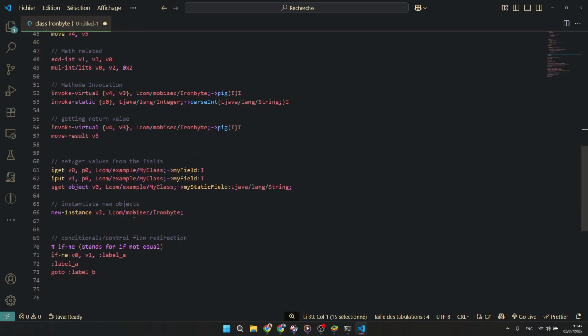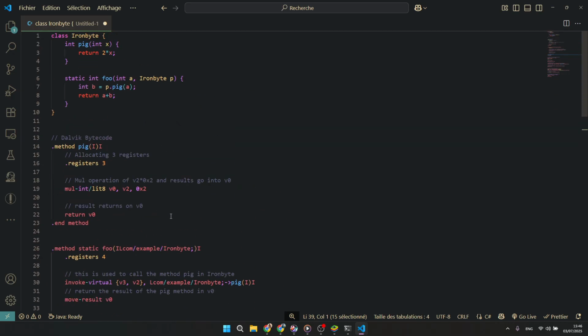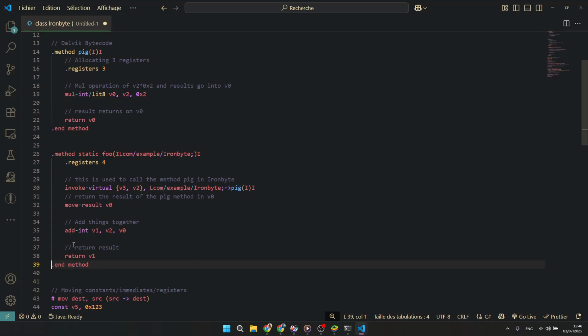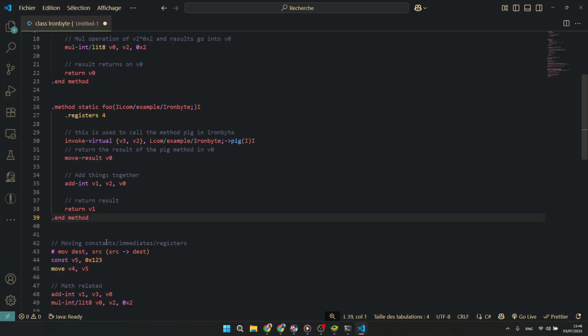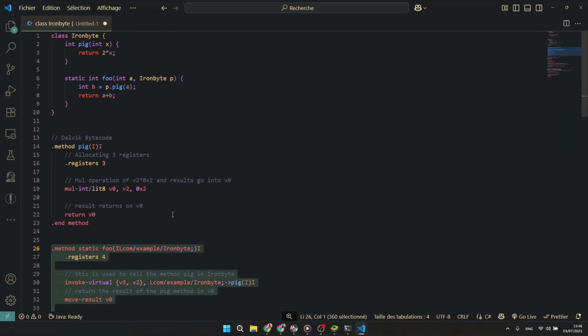Now the thing is that we should at least learn a little about these operations. It's more like understanding the Smali syntax. It's like when you're trying to reverse engineer, let's say, an executable in Linux that is using x86 64-bit architecture, you need to understand that assembly to be able to read that code. The same thing happens when you're trying to read Dalvik bytecode. You just have to be able to read that Smali code to understand what those methods are doing. So basically that's a good thing, guys, to be able to read Smali code,